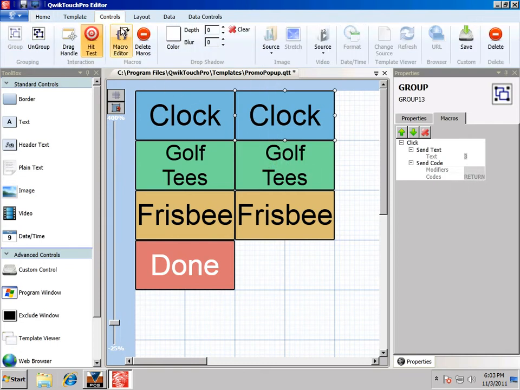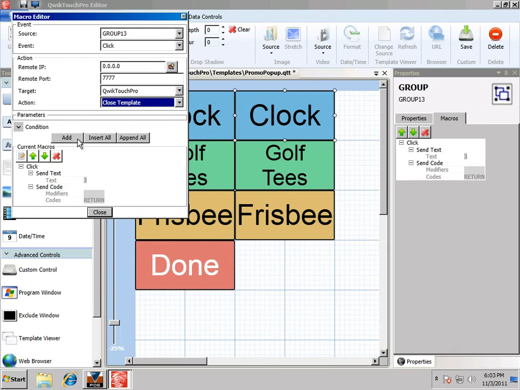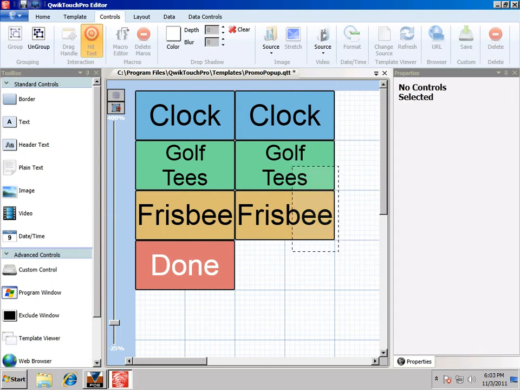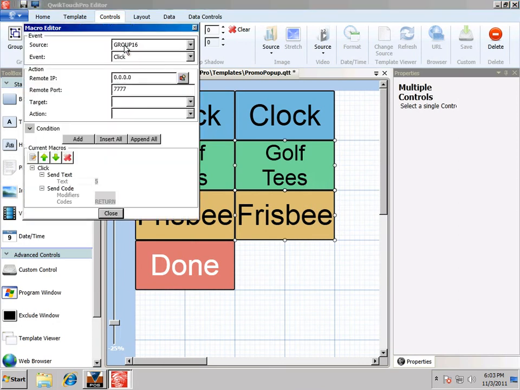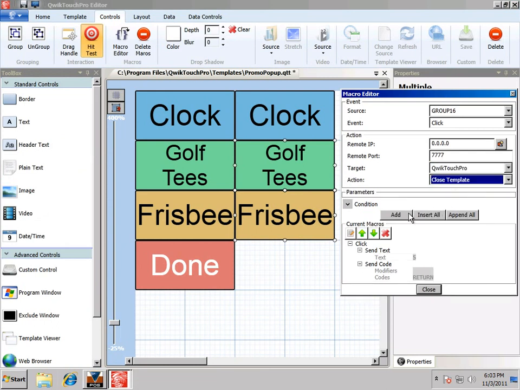So that's under Controls, Macro Editor. We're going to go to QwikTouchPro, Close Template, Add. You can see now we're going to send text 3, we're going to send a return, and we're going to close the template. And we need to do the same thing for the golf tees and the Frisbee keys, but there's a shortcut here. We can select both these keys at the same time. Go into the Macro Editor, add our macro, which is QwikTouchPro Close Template, and instead of Add, we're going to